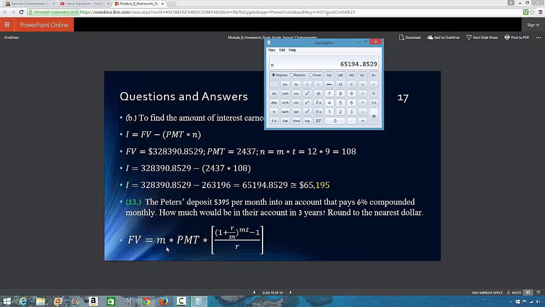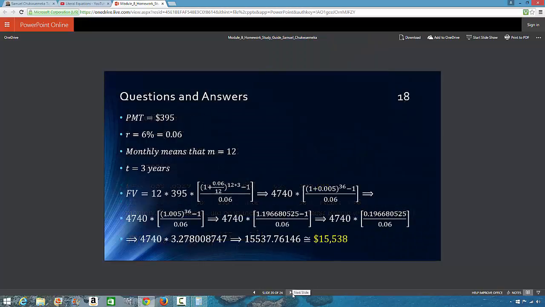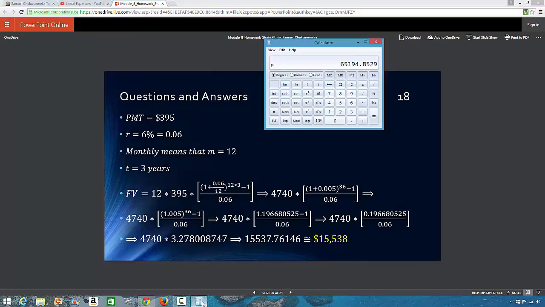So you still use the future value formula. And let's do that with the calculator. Clear memory. So my denominator is just a number, so I just leave it. I do the numerator. 0.06 divided by 12 equal to, plus 1 equal to, then raised to power, not 12 times 3, raised to power 36 now, equal to,